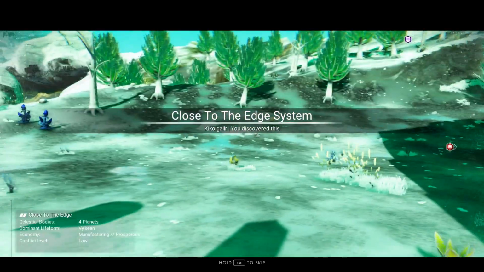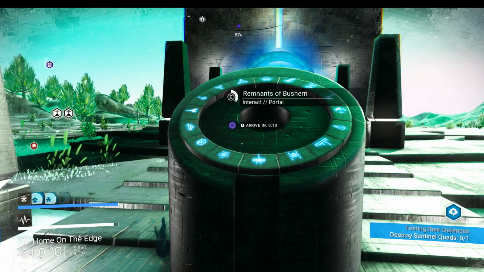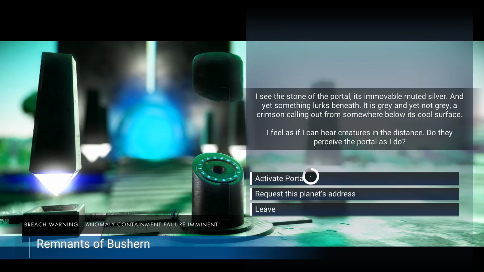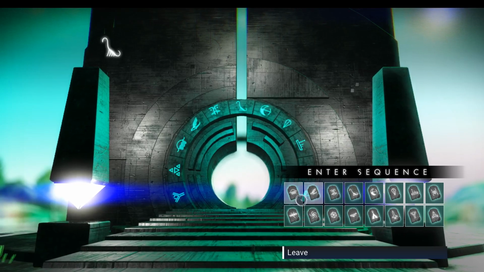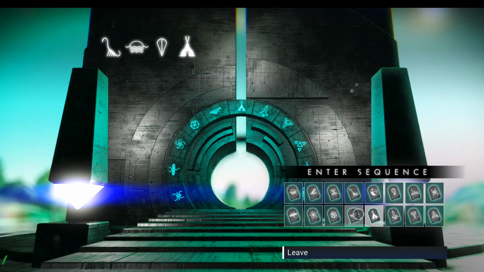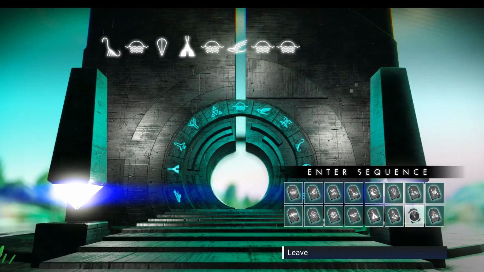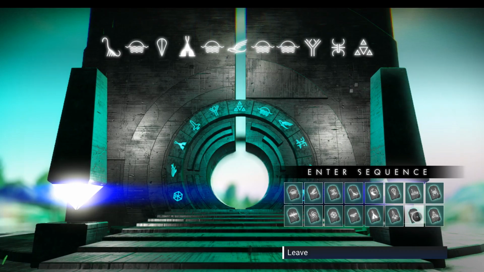Right, let's try it again. Moral of the story here, guys: don't do this when you're not feeling 100%. Right, activate the portal. Creature. Right there. Tent. Bird. That's the first six. One, two of those. One of those. Got a creature. And we're going to finish off with...